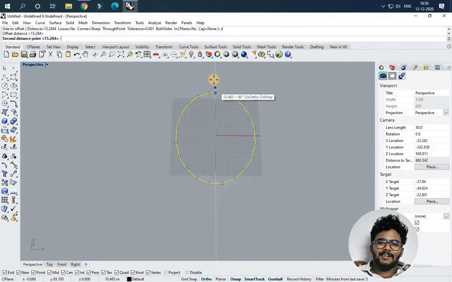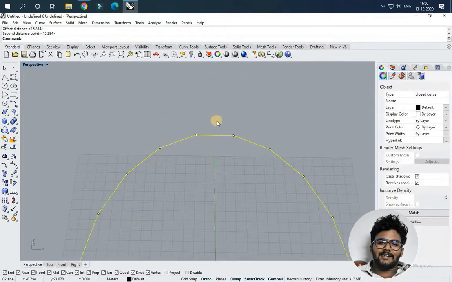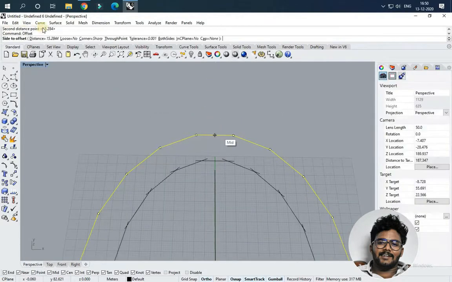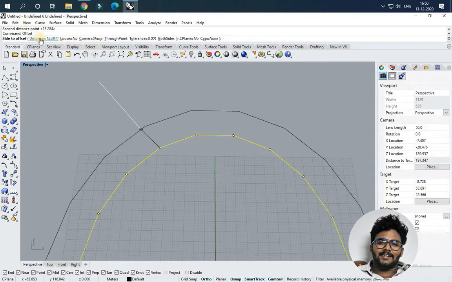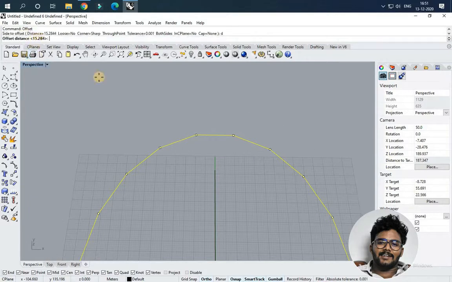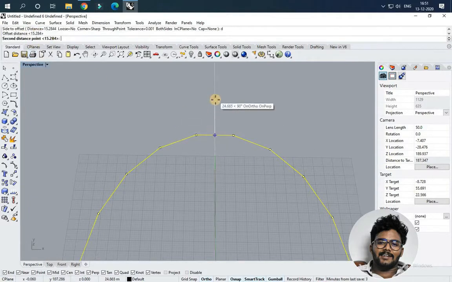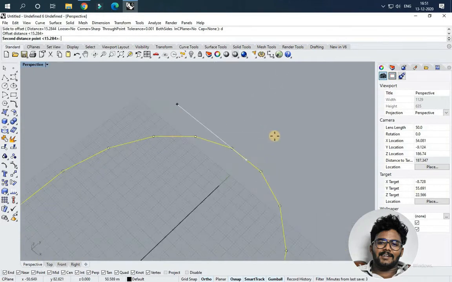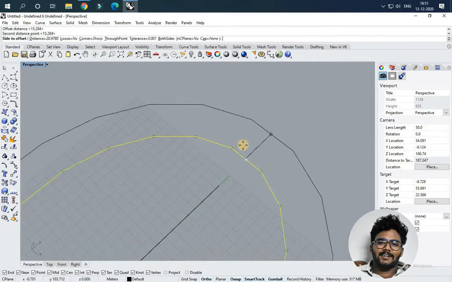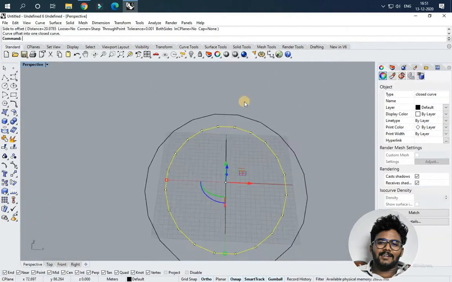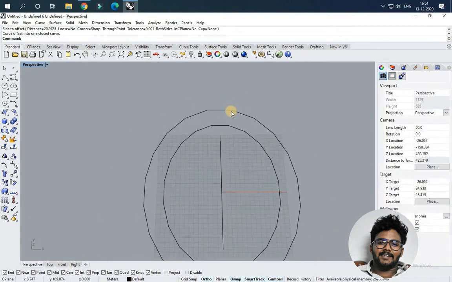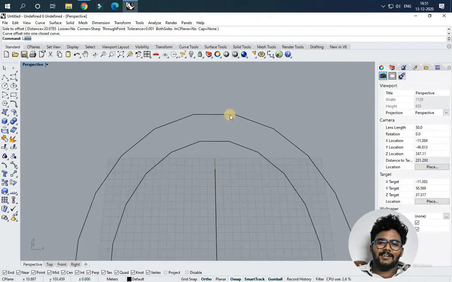I'm checking which value will be perfect for my model by previewing it. I'm giving 15, and I'm looking at how 15 will be. Okay, this one is not bad.